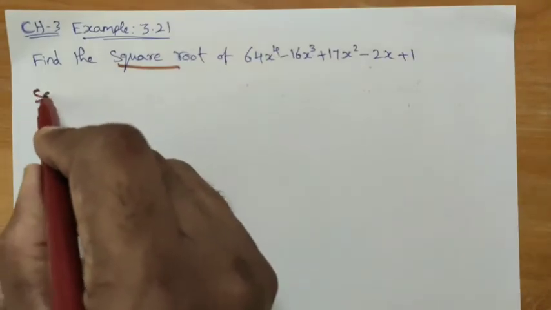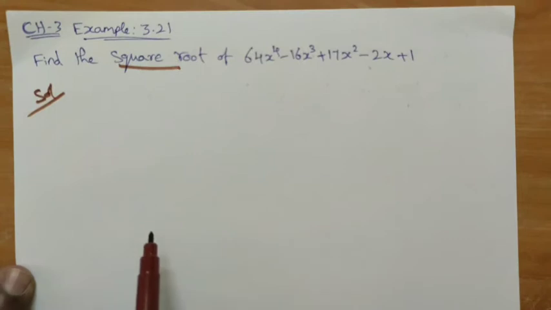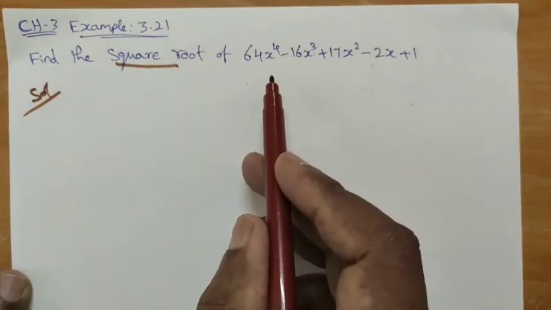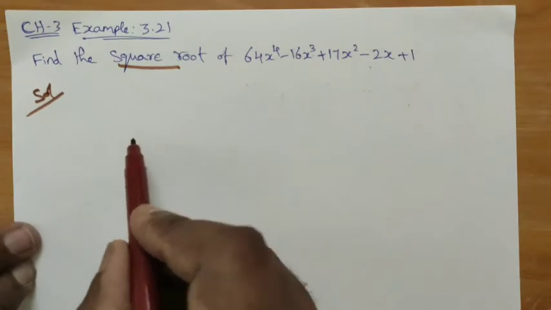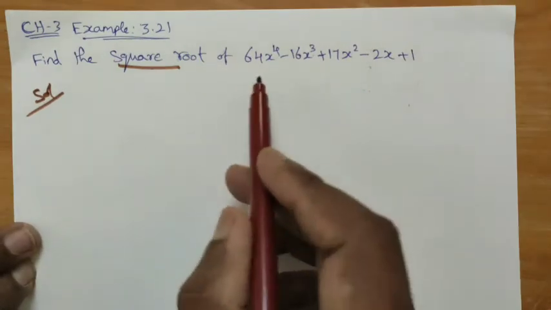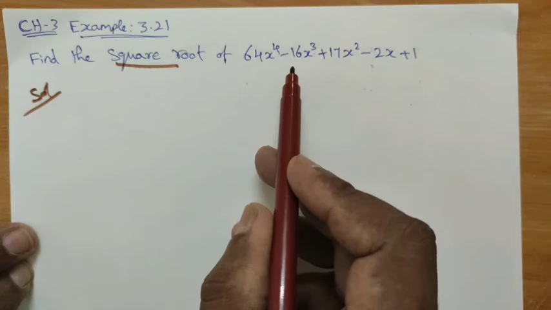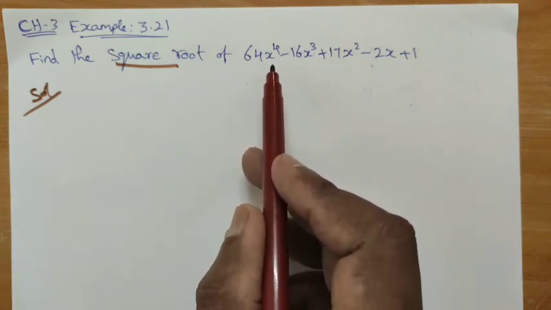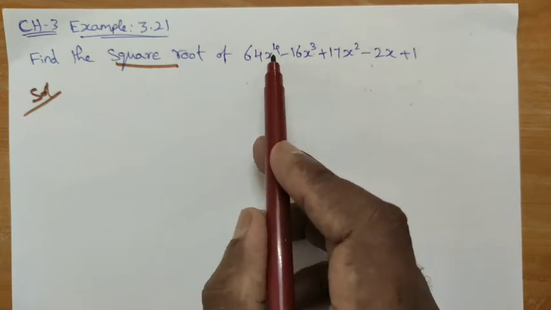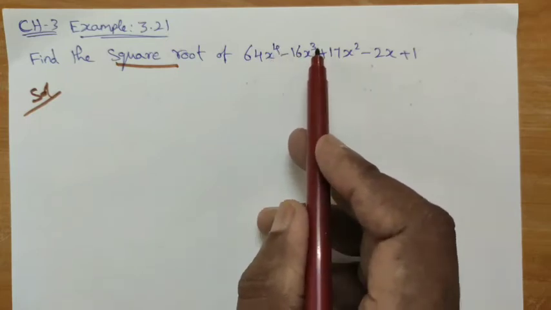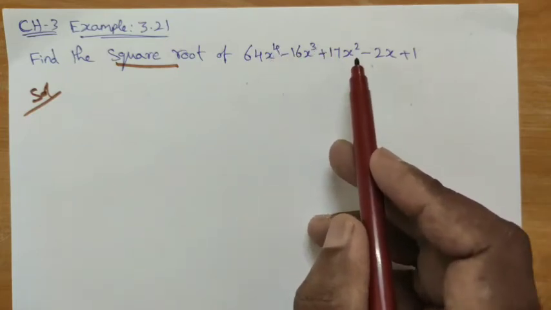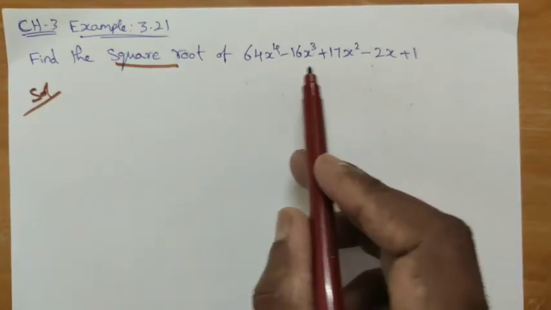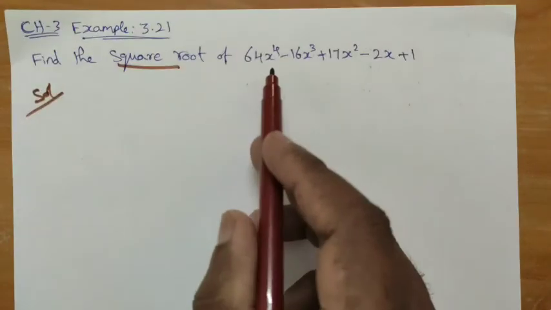So, solution. Here we have different methods to find it, but I use the easiest and simplest way to find the square root. Here we are going to take only the coefficients of the variables, right? And first we have to check whether the given polynomial is in standard form or not. See here, x power 4, then x cube, then x square, then x, and then the constant term. So it is exactly a perfect polynomial, right?